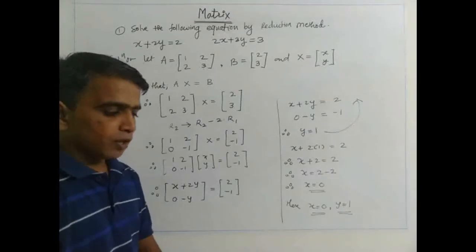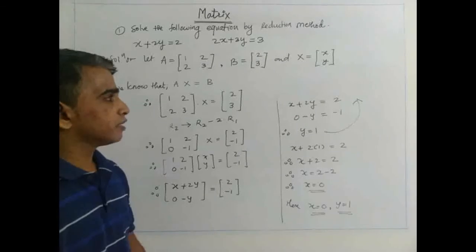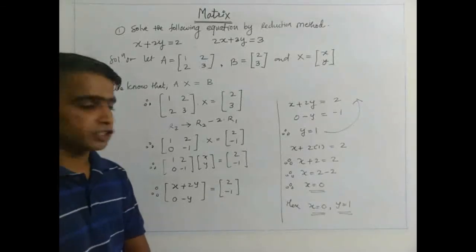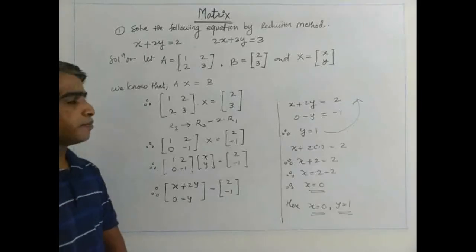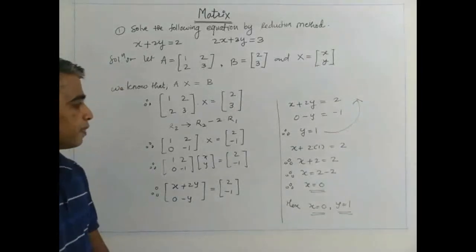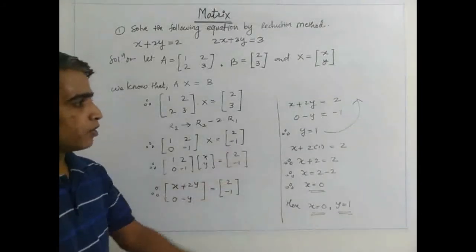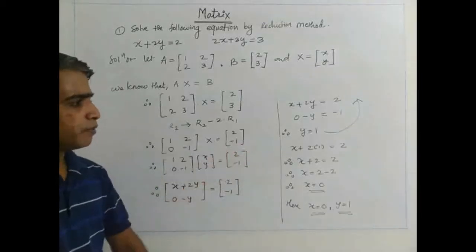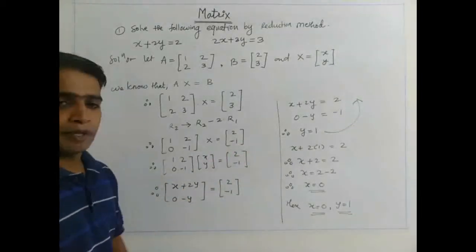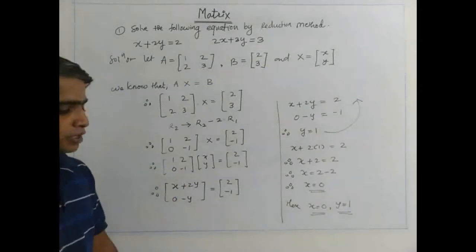If the question restricts us to the inversion method, we have to use the inversion method. If the question says to use the reduction method, we have to use the reduction method. In the reduction method we convert matrix A into an identity matrix or upper triangular matrix, then multiply matrix A with the X matrix. Automatically one variable gets cancelled and one variable remains, and that variable's value helps us find the remaining variables. This is the way we find the solution of a given system of equations.